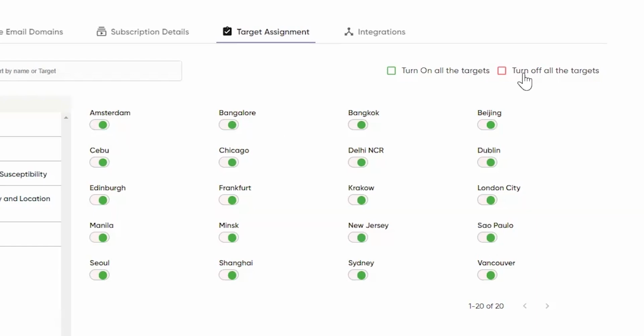You might start by turning off all targets and selecting a few. You might turn on all targets and deselect a few. Again, if you are an administrator, you have the ability to set these preferences not only for yourself, but for all others in your organization. If you as a user are looking to set these preferences for yourself, but do not have administrator privileges, feel free to reach out to your customer success representative and or your current administrator in order to set up the settings that will allow you to do so.